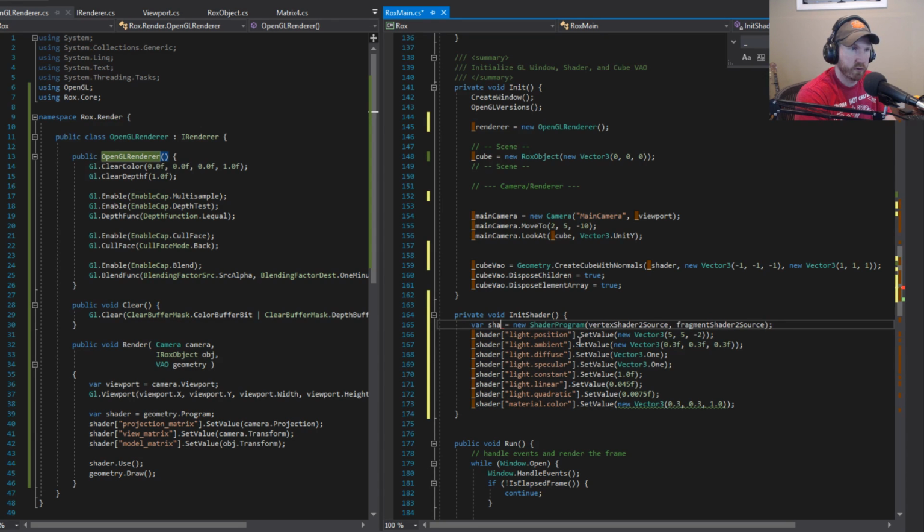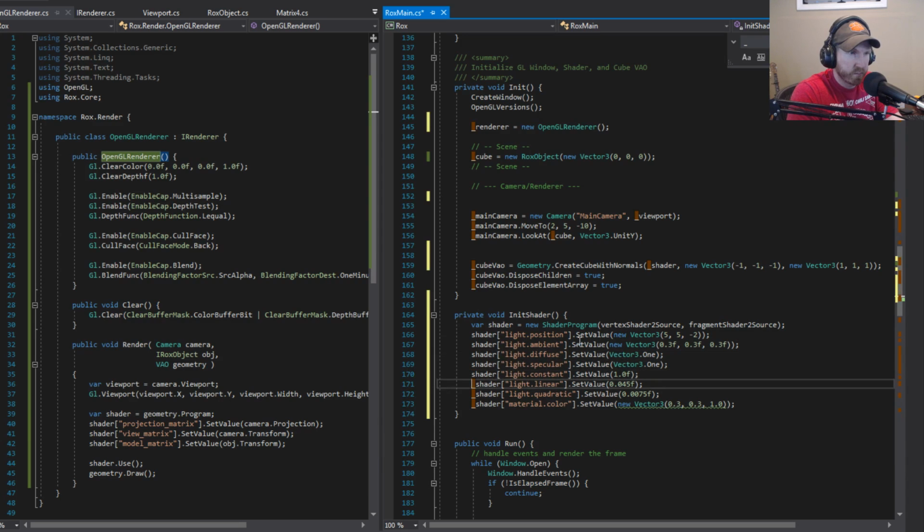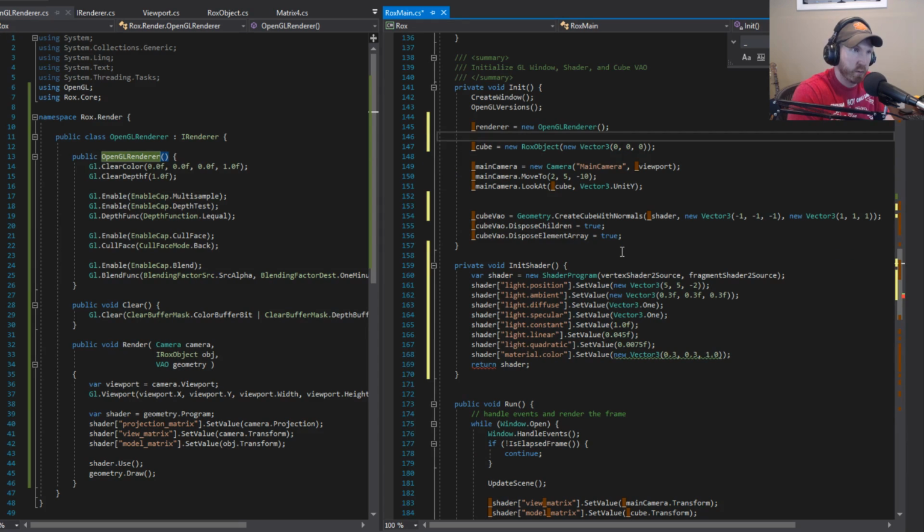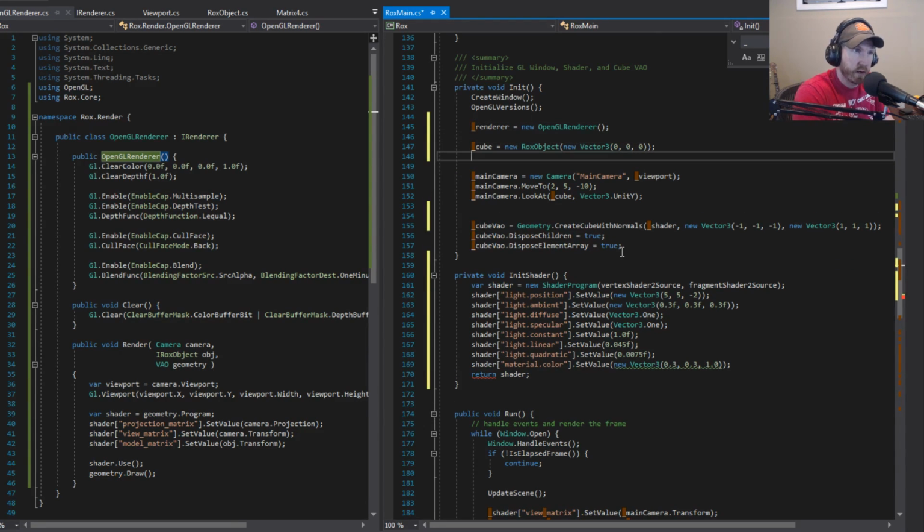And really what we should do is like this. And then return shader. And let's remove some of these separators now. So what we're doing is we're going to create our renderer. We're creating our cube. Our shader is going to be,